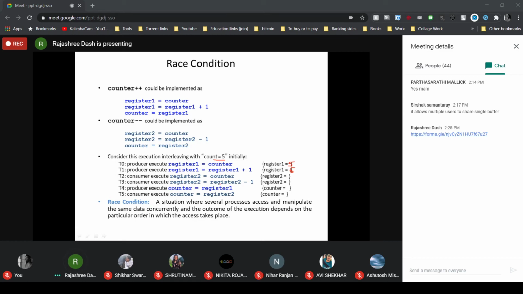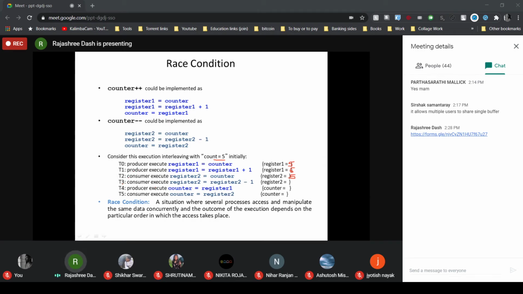What value will be stored in register 2? 5. Because initially the counter value is 5. So now that value 5 is stored in register 2.